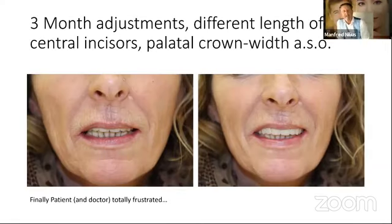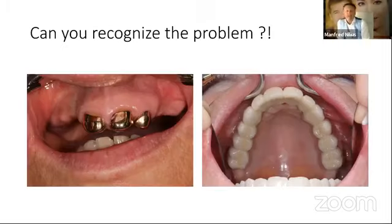She came to our office. She wanted to have different lengths of the teeth of the central incisors. The palatal crown was too big. She suffered because the tongue was not in the right way. So finally, maybe you can recognize where the problem is. Finally,